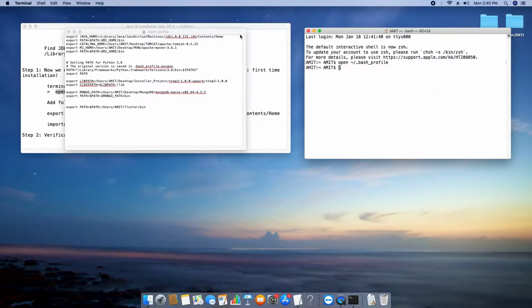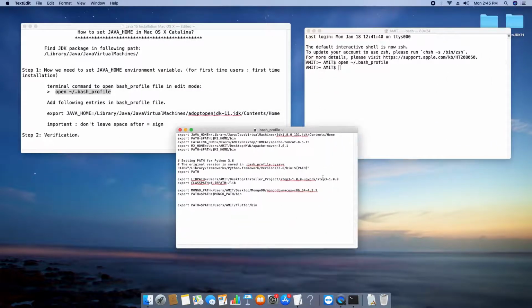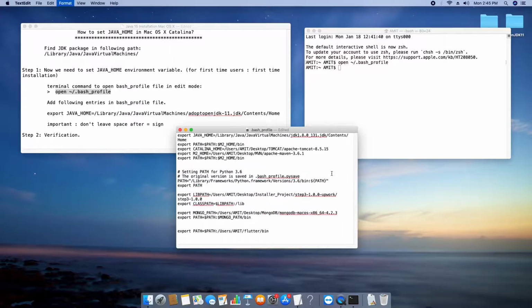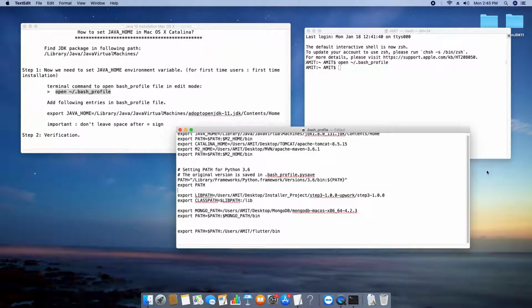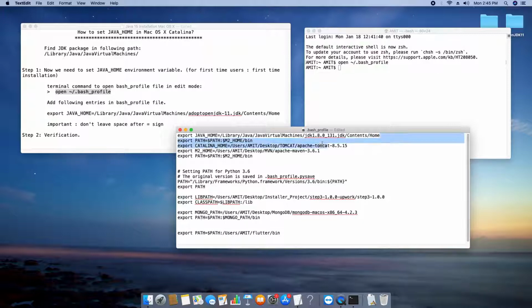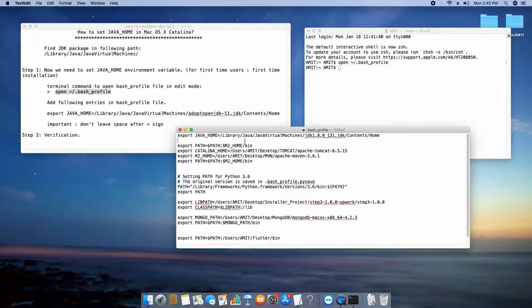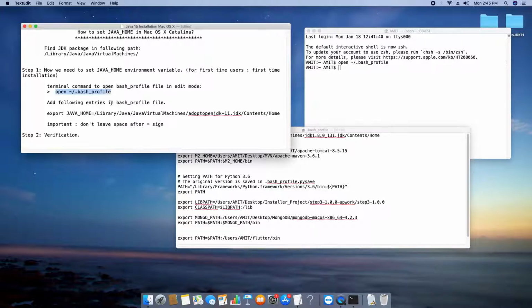So here's the file. Let me increase the font size of this file as well. Okay, now you can see at the very first line there's an entry of JAVA_HOME. So we have to put it this way. This is the complete line: export JAVA_HOME= then the path.